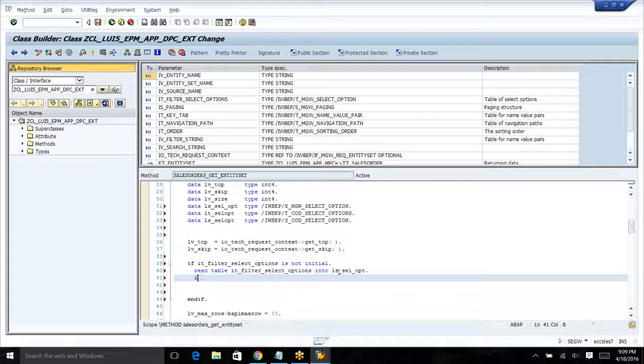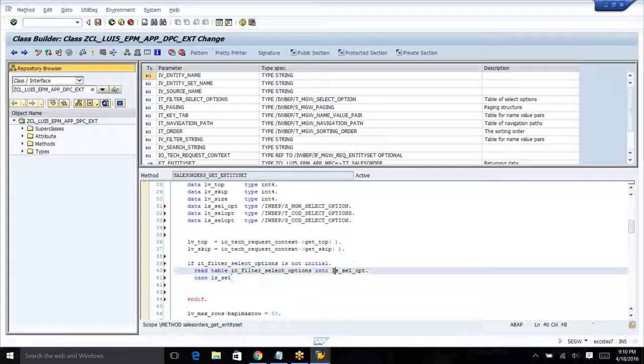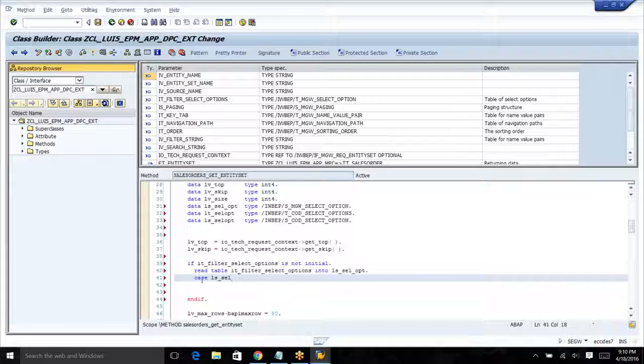So case ls select option, when ls select option, when property equal to